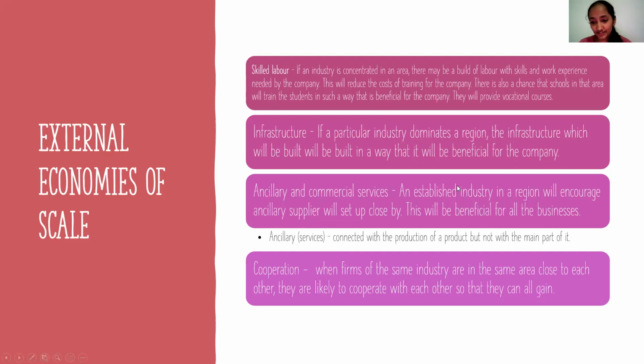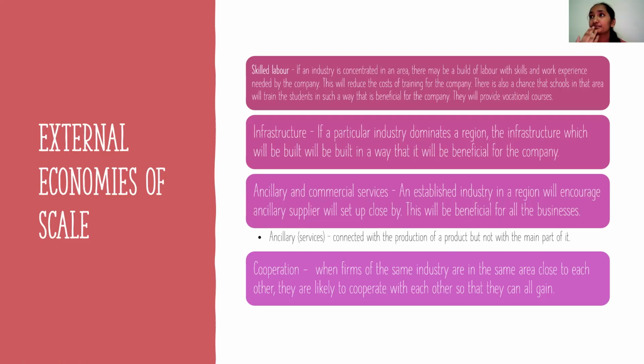An established industry in a region will encourage ancillary suppliers to set up close by. This will be beneficial for all the businesses. Ancillary services means connected with the production of the product, but not with the main part of the product. So we can say that ancillary suppliers are like, for cars,